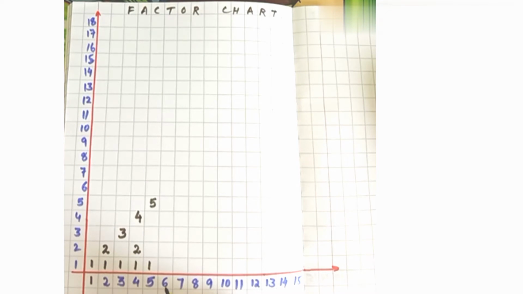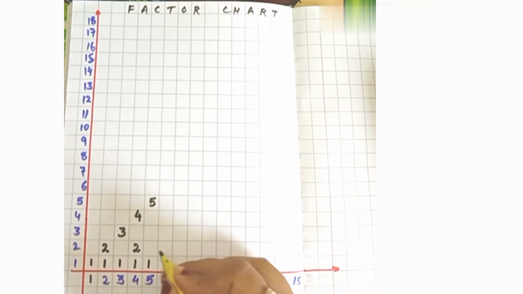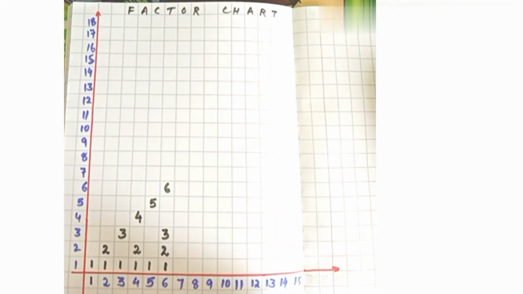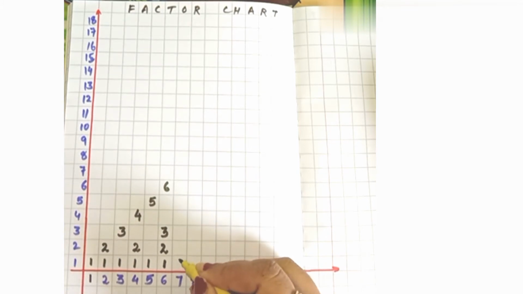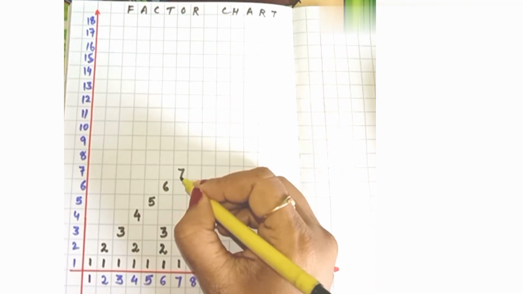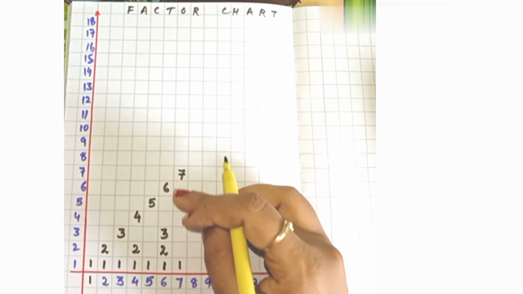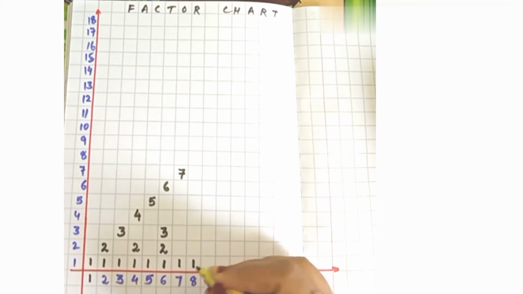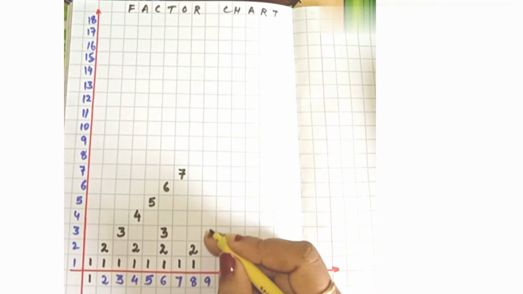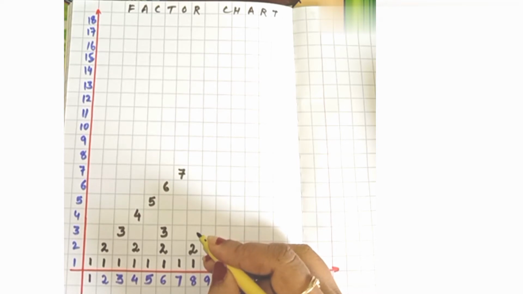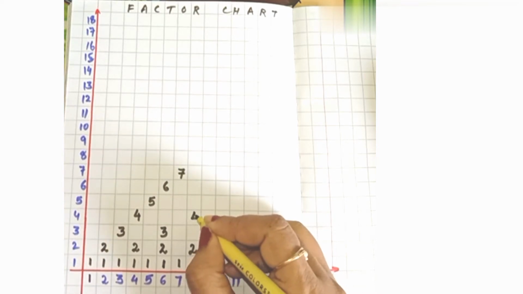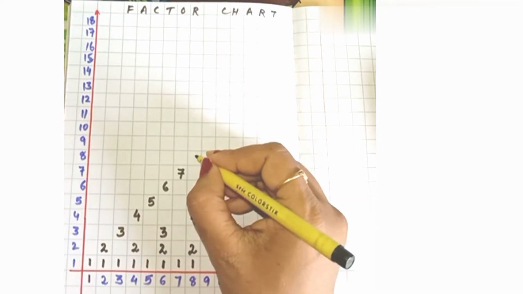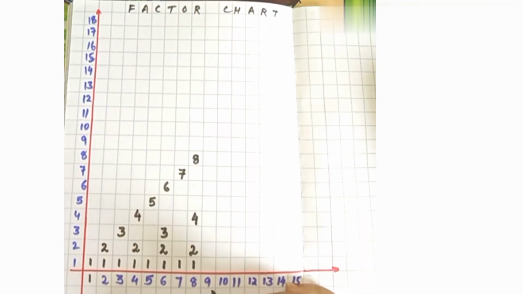Look at the factors of 6. It is on number 1, 2 and 3 and finally 6. Look at the number 7. It comes in the table of 1 and 7. Can you see that? These boxes you can see, this is 7th box, so it is like that. 8 comes in the table of 1, 2. Does it come in table of 3? No. So we will not draw here. 4, yes. So we write 4 here. Then which table does it come in? 5, no. 6, no. 7, no. 8, right?